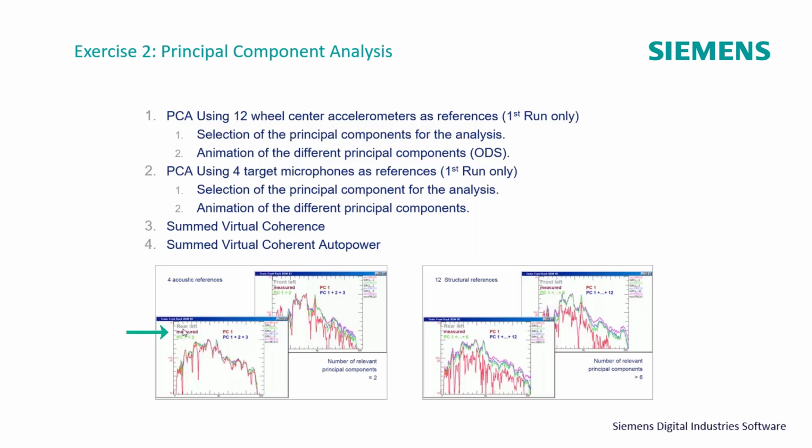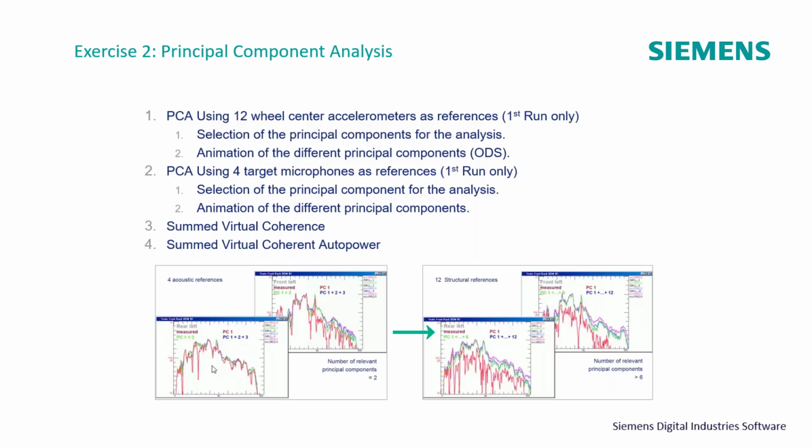It's a little bit hard to see in the plots, but in the lower left corner, the measured data is this purple curve. Principal component 1 is the red curve, and it's rather low. But when we looked at the first 3 principal components, it looks fairly good compared to the measured data. So there we discarded the 4th principal component, and we only kept 3 in. The slide there actually says number of principal components was equal to 2, so we probably could have looked at principal component 1 plus 2 and not all 3. The lower left slide shows that for the rear left microphone as well as the front left microphone.